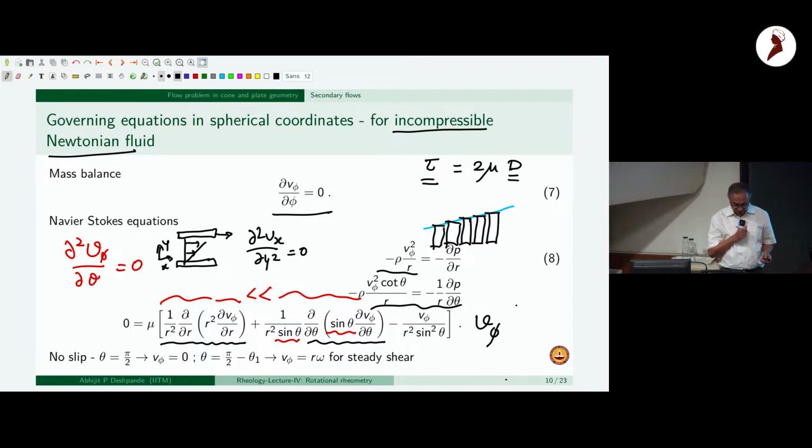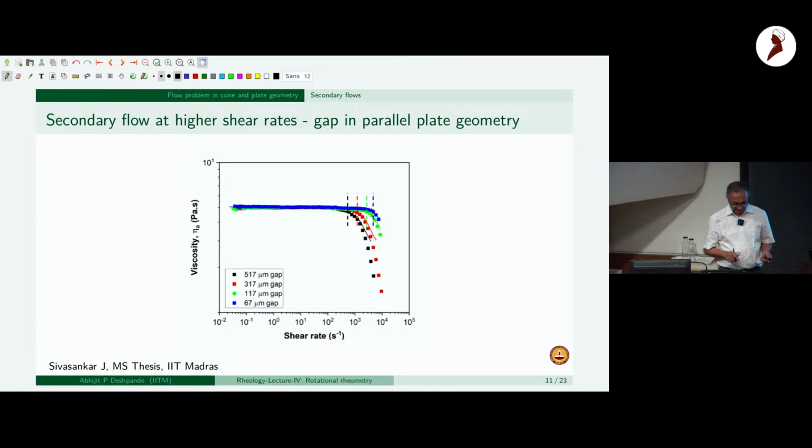Just to talk about what might be an effect, especially of secondary flow, these are some measurements from Shiv Shankar, who is an MS student with me. This is a silicone fluid, a Newtonian fluid. Here, because the gap can be changed in parallel plate, the data is shown with respect to parallel plate. If you reduce the gap, you reduce the Reynolds number and reduce the importance of inertial effects. And for 507, which is the black data, you can see that even though it's a Newtonian fluid,